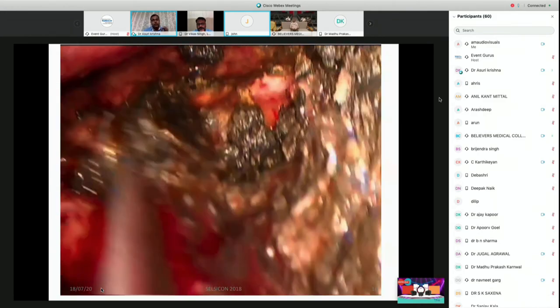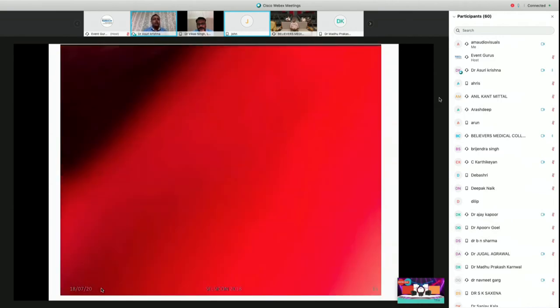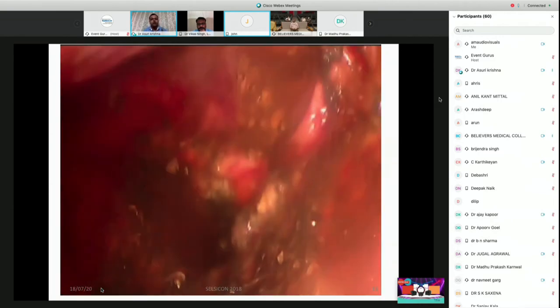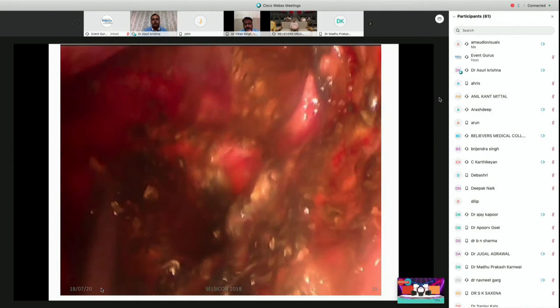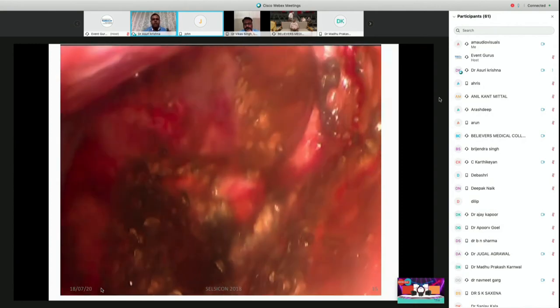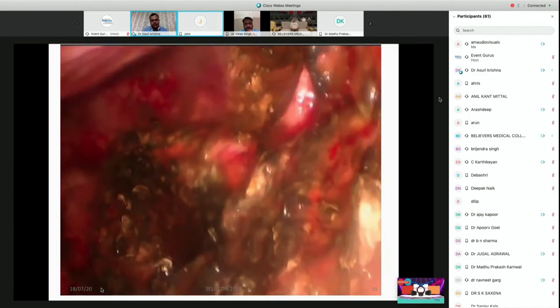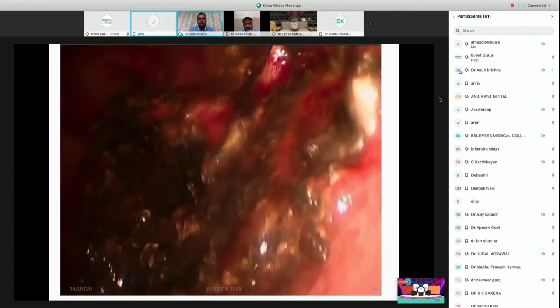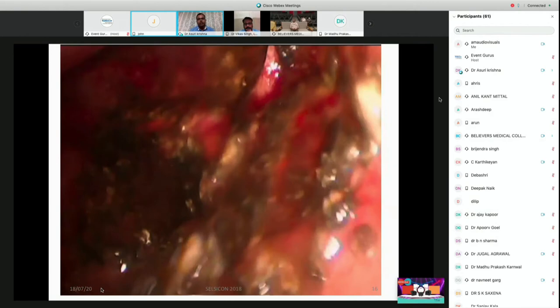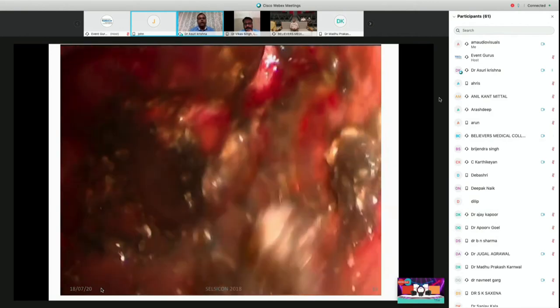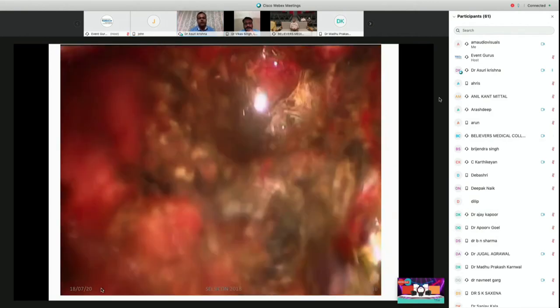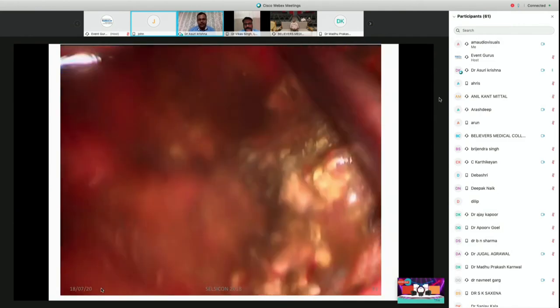Now, this is the most important advantage of laparoscopic cystogastrostomy when you compare it to endoscopic cystogastrostomy, because it gives you such a wide view, such a wide drainage, and you can perform a very good necrosectomy simultaneously. The other advantage of performing a laparoscopic cystogastrostomy, especially in case of biliary pancreatitis, is that one has the opportunity to do a laparoscopic cholecystectomy in the same sitting.